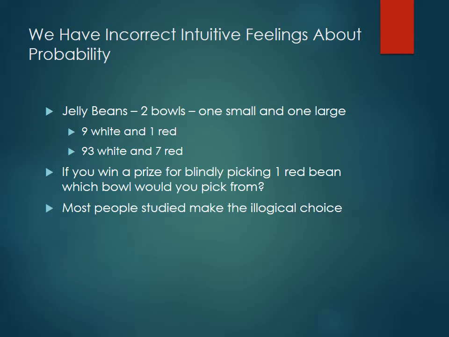So what are the chances of picking a red one out of the first bowl? 1 in 10, so it's 10%, right? Versus the 7 versus 93, what are your chances? 7%, right? So looking at that, people may incorrectly decide, well, there are more red ones. Obviously my chances are improved, right? There are 7 of them versus 1. People have a tough time with that, especially lay people when looking at numbers like this. They'll make the illogical choice in a lot of cases.